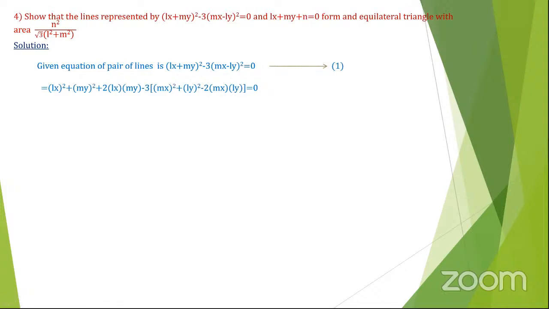That is a square plus b square minus 2ab. Hence, using those formulas, we are expanding these two terms. Therefore, what we'll get is Lx whole square plus my whole square plus 2 into Lx into my minus 3 into what we have over here, that is mx whole square plus ly